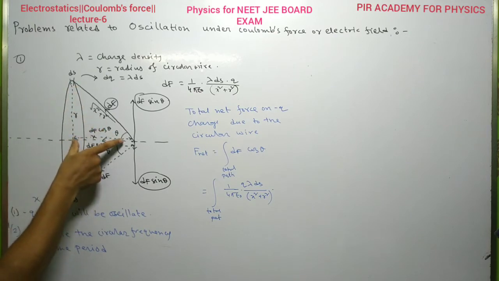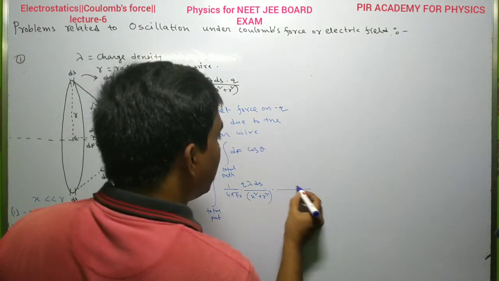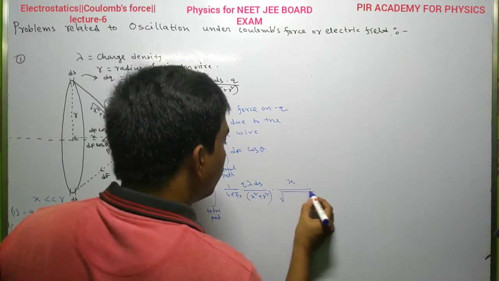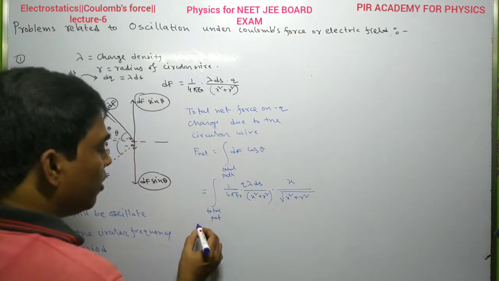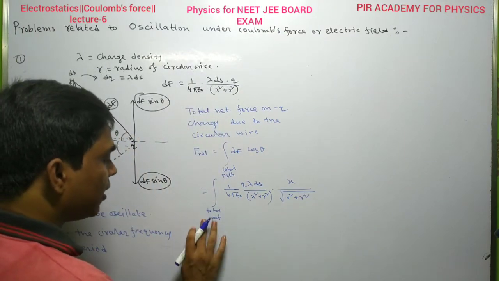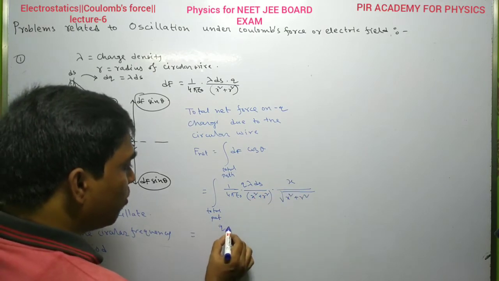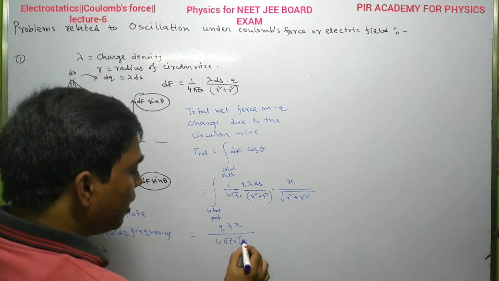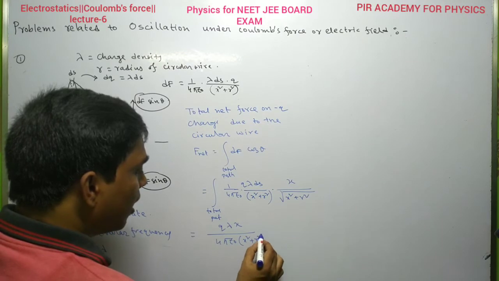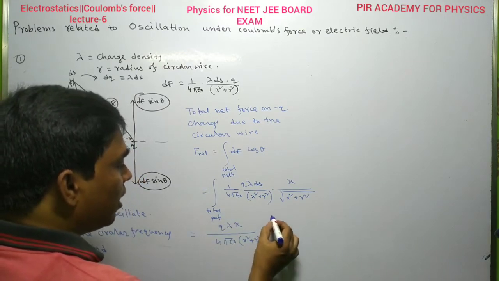Cos theta means x divided by this, so cos theta will be x divided by root of x square plus r square. So it will be the integration, where these values are constant: q lambda x by 4 pi epsilon naught times x square plus r square,